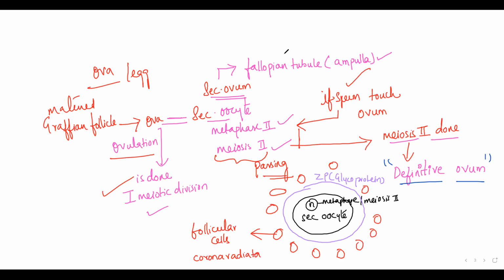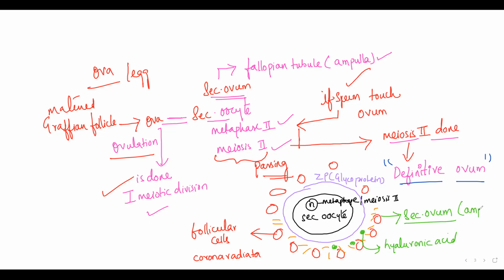And these corona radiata cells are bound by whom? They are bound by some connective tissue here. Okay, and this connective tissue has some chemical, which is none other than hyaluronic acid. So this hyaluronic acid is present here, which is binding up the corona radiata cells. I hope you understood. This is going to be your secondary ovum that is waiting, where it is waiting in